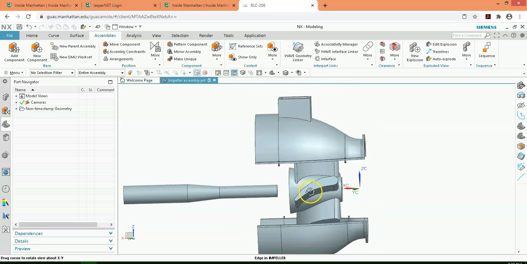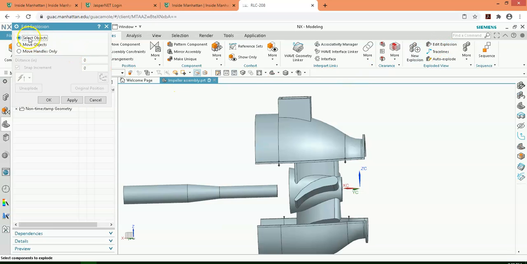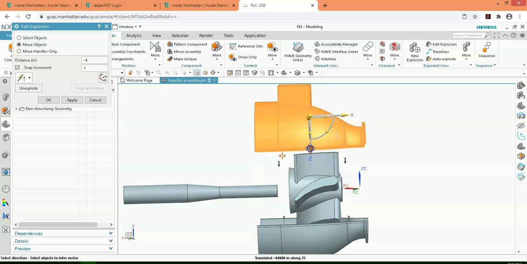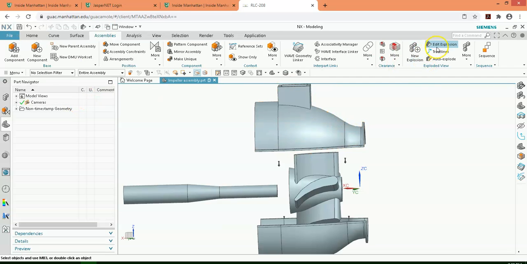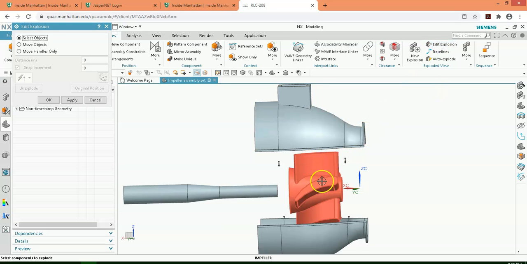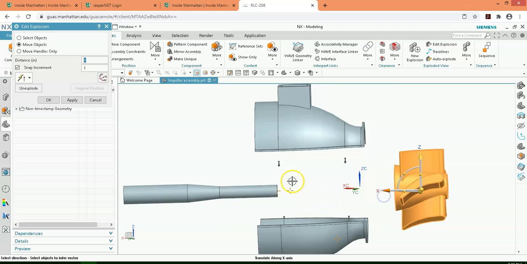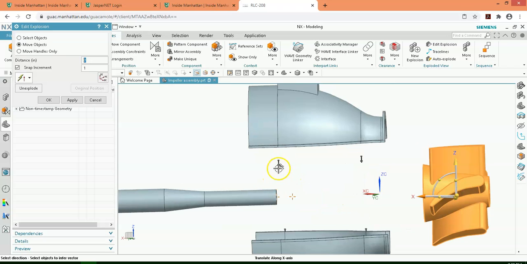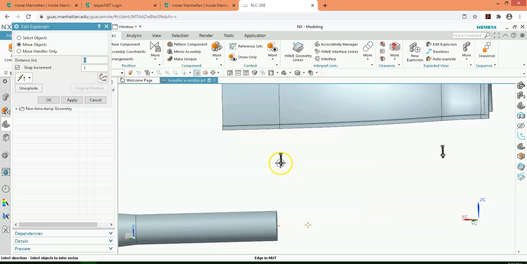Usually you need to edit your explosion, so click on Edit Explosion. The first command is asking for the object, so select this one and then move the object in Z direction. Now close this dialog box. Again, Edit Explosion. This time select the impeller and move it in X direction. So here for the bolts and nuts, again